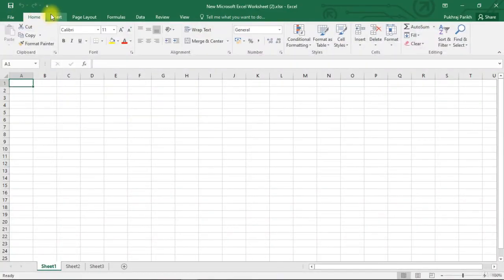For now, I will give you a brief overview of these tabs. In the videos to come, we will dive deeper into all the options you see in these tabs. The first tab is the Home tab. You'll probably spend most of your time with the Home tab selected. This tab contains the basic clipboard commands such as cut, copy, paste, formatting commands, styling commands, and commands to insert and delete rows or columns.